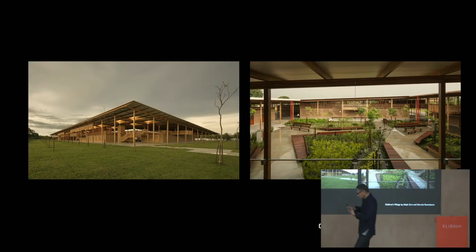But not wanting to just say it's all crappy, because it mostly is, when we get to something a little more positive, this is designed by the architectural firm Aleph Zero and Marcella Rosenbaum. It's called Children Village, and it is a dormitory for a school in northern Brazil. The dormitory is made of eucalyptus wood. Eucalyptus trees were brought into Brazil around the 19th century, and are sort of local to that area. The stones are made from the earth itself that was excavated. They're mud stone bricks, and then there is corrugated cardboard over the top.